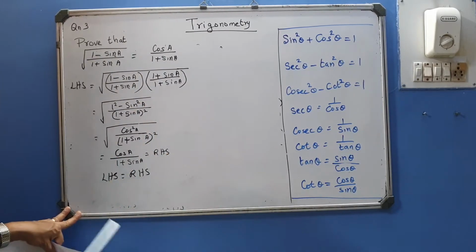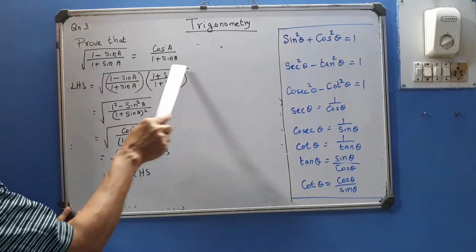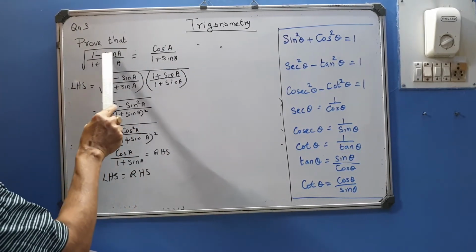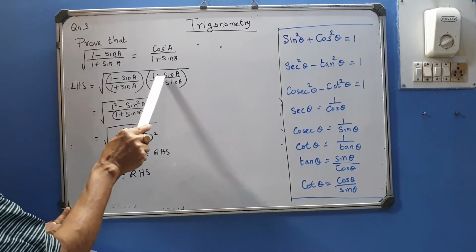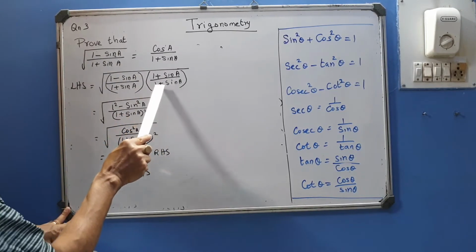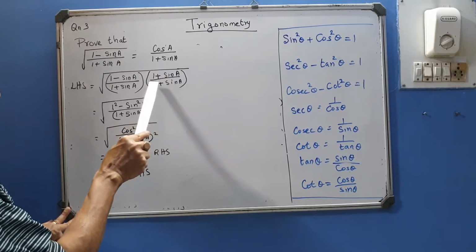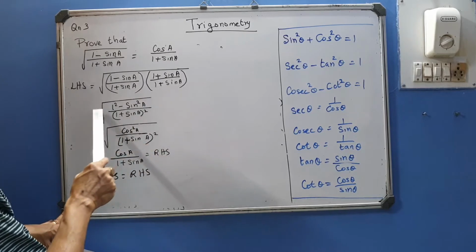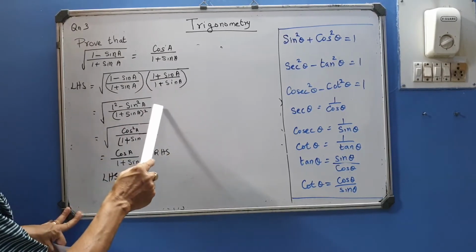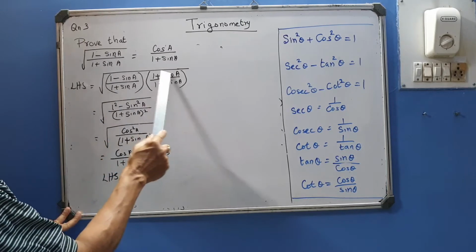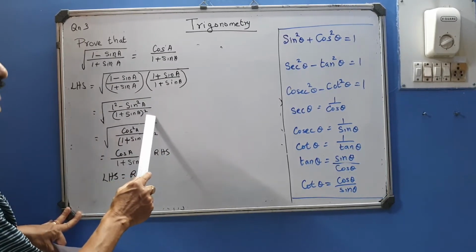So what we do is, instead of rationalizing the denominator, we rationalize the numerator, but within the square root. So the rationalizing factor of 1 minus sin a, the numerator, is 1 plus sin a. So top and down multiply by 1 plus sin a. So top multiply 1 plus sin a. It will be a minus b into a plus b is a squared minus b squared. So it will be 1 squared minus sin squared a. The denominator is a repeated term, so 1 plus sin a the whole squared.